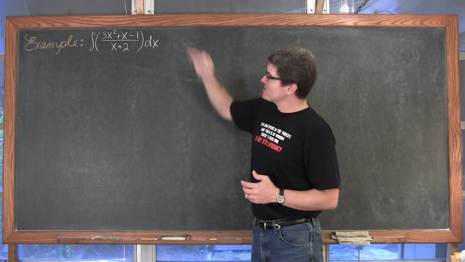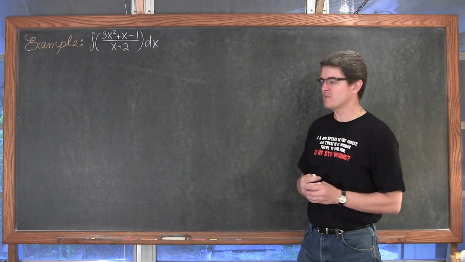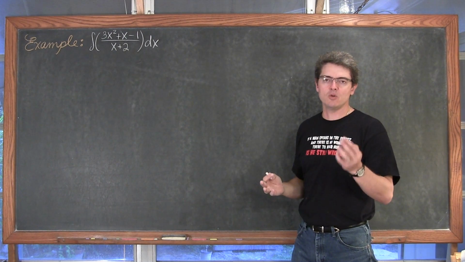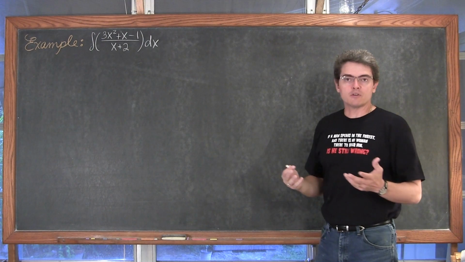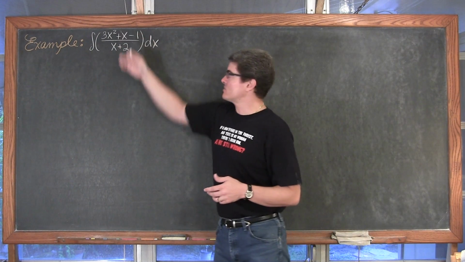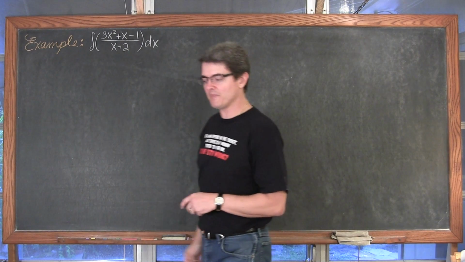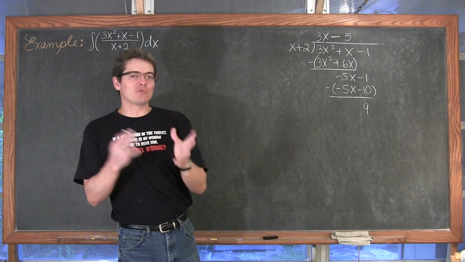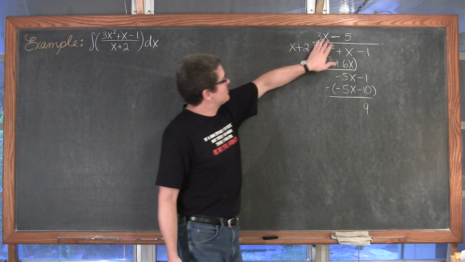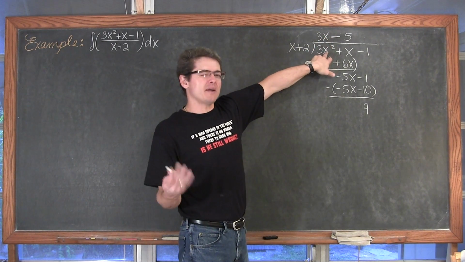So to get this integrand to match one of our rules, and specifically for right now, to be able to match the u prime over u or the 1 over u du, is long division. So we need to do this long division to rewrite this, and I'm pretty sure by now you know how to do long division. Voila, like magic. Okay, the one little quirky thing I do with long division, I like to, for my answer up here, keep that on top of what I'm trying to match.